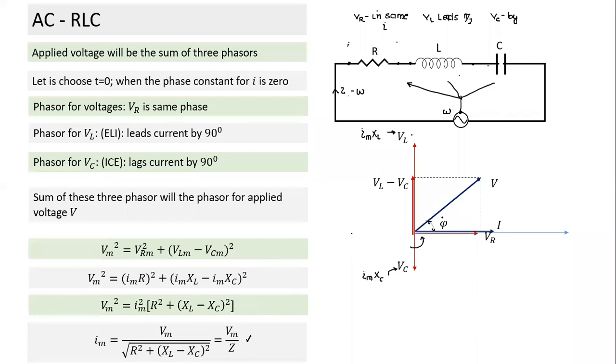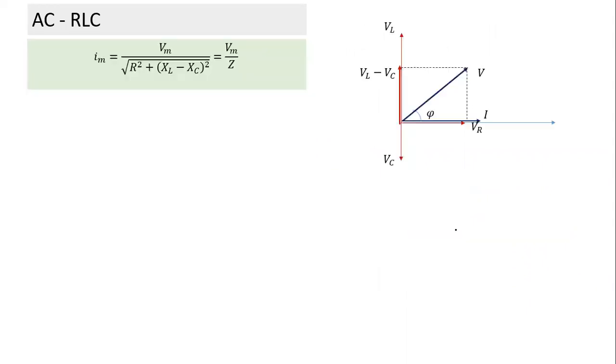And can we find out the value of phi also? If we just recall, if we understand this angle here in the right angle triangle, it's easy to find. What is tan phi equal to? Tan phi is equal to this side by this side. So this is Im here, and this term is impedance. And again, tell me, recall, what does impedance do?